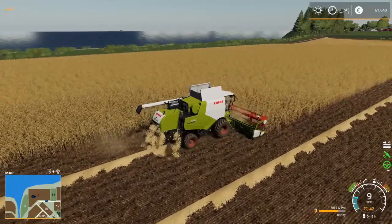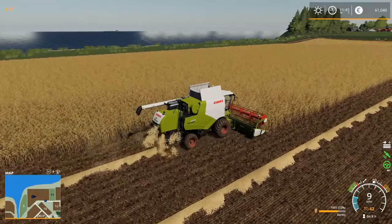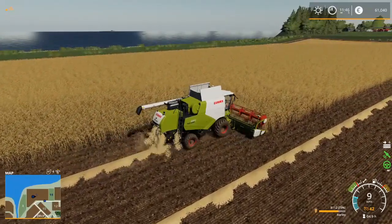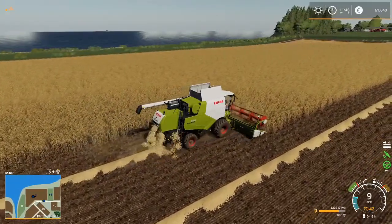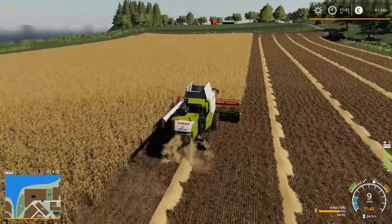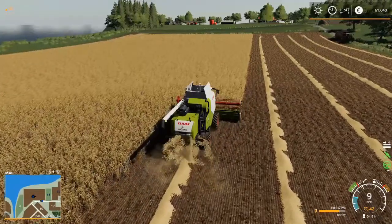Come on, brother. Time to empty out. I don't know that we're going to get the best harvest off of this field. I was kind of counting on some extra cash coming out of this. But this is a good sized field, and it's really not producing that well. I probably should have checked it for the field quality before I decided to help this guy out, but